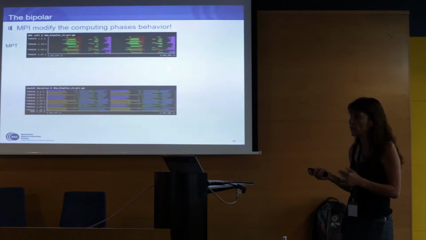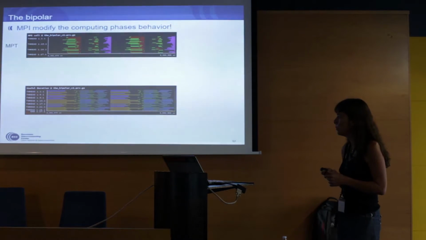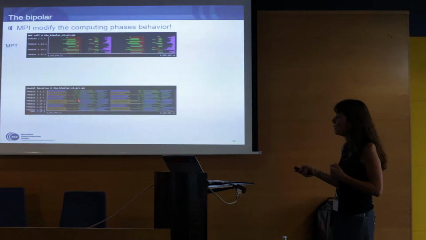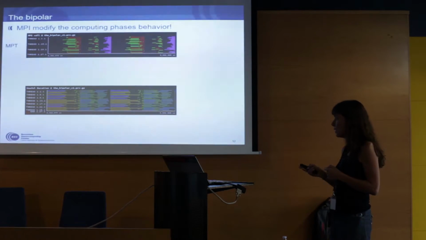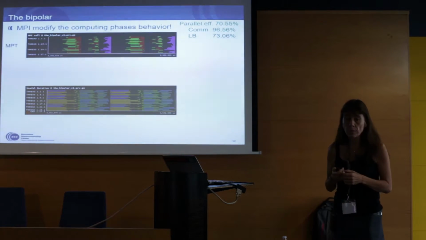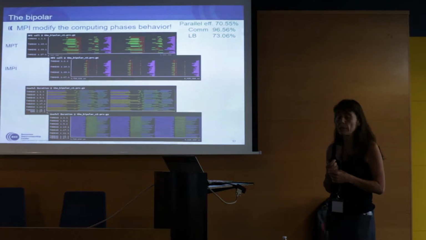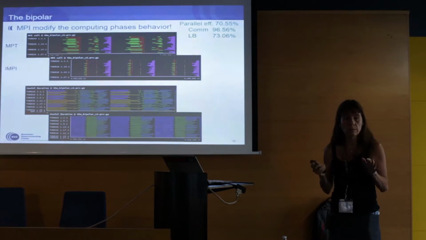I already expected to have this imbalance from my code, and all the iterations are the same. That means it is not that MPI is taking more time, but that the computing phases are taking more time. And the efficiencies are low enough to be a concern. So if I change to Intel MPI, which was not the default, then it goes back to